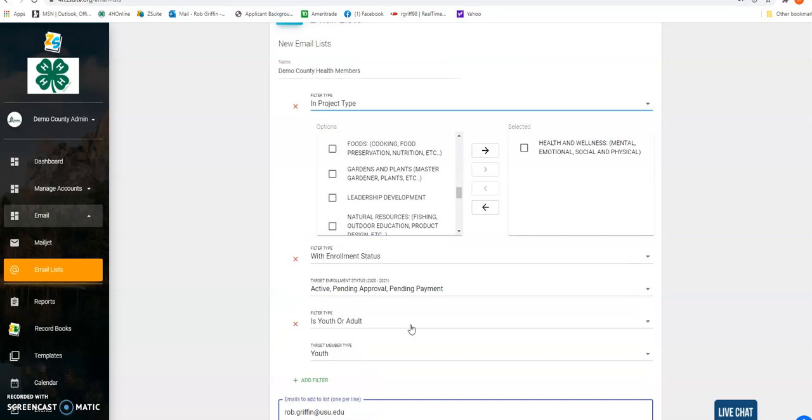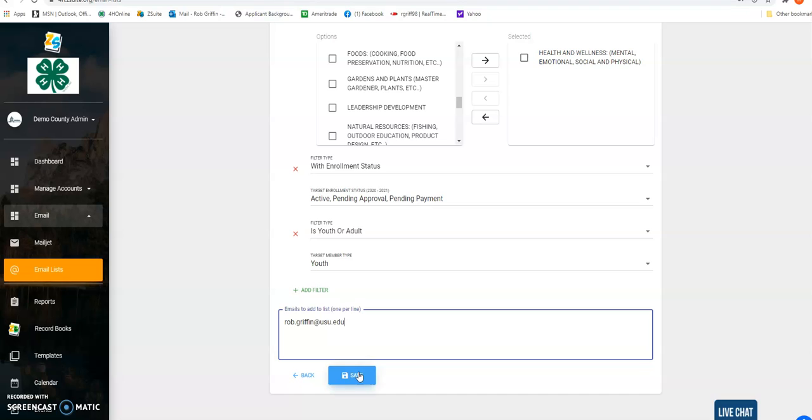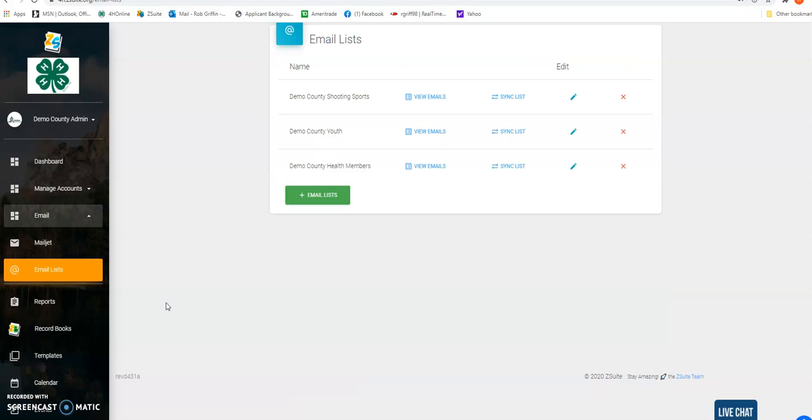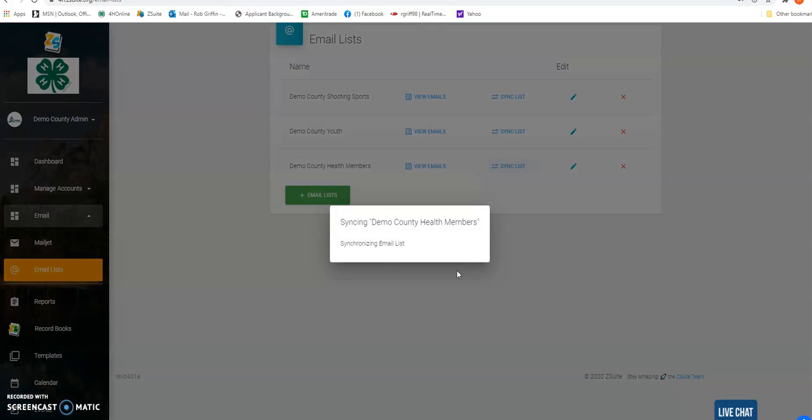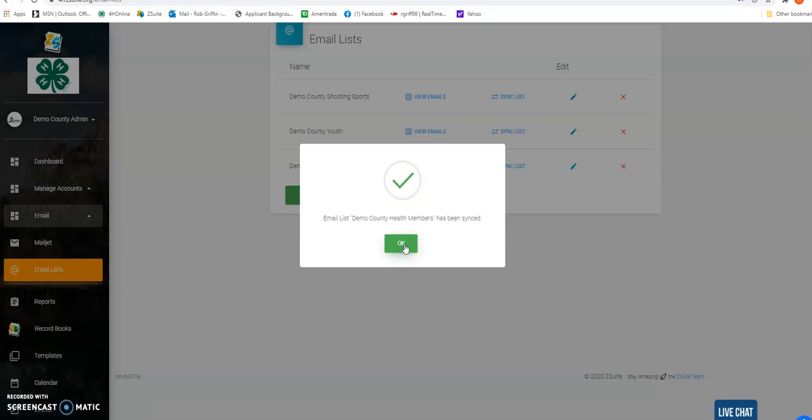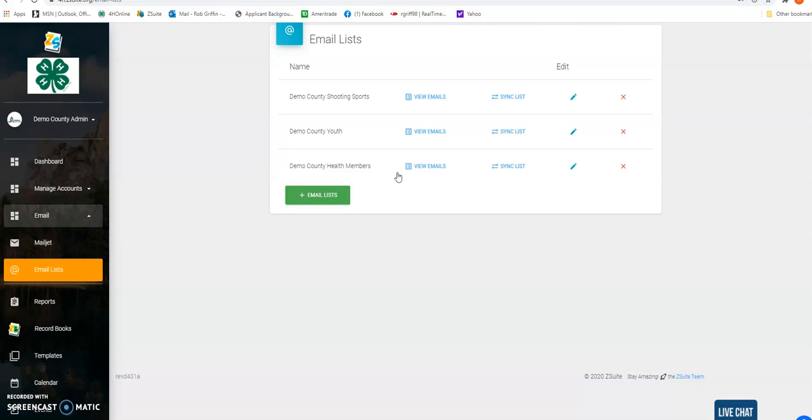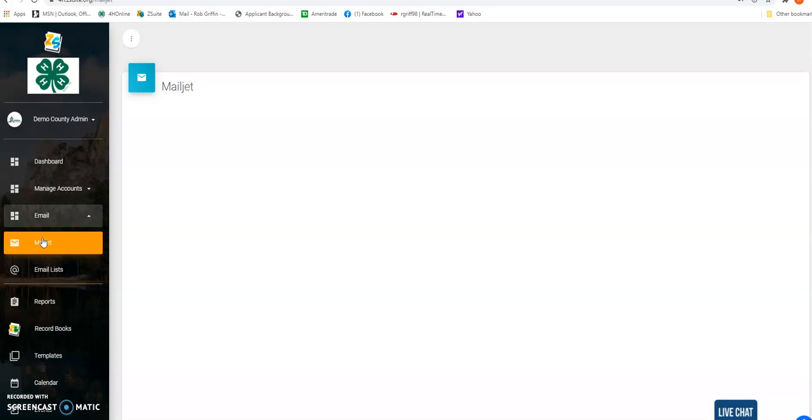Once we have our criteria established, we click Save, and that saves the report. And then we also have to sync the list, and that will save it and update the list, and basically sends the list to the mail program. Sometimes it does take a minute or two. Once the email is synced, then we're done with step one. So step two is to actually send the email. We go to the mail program,